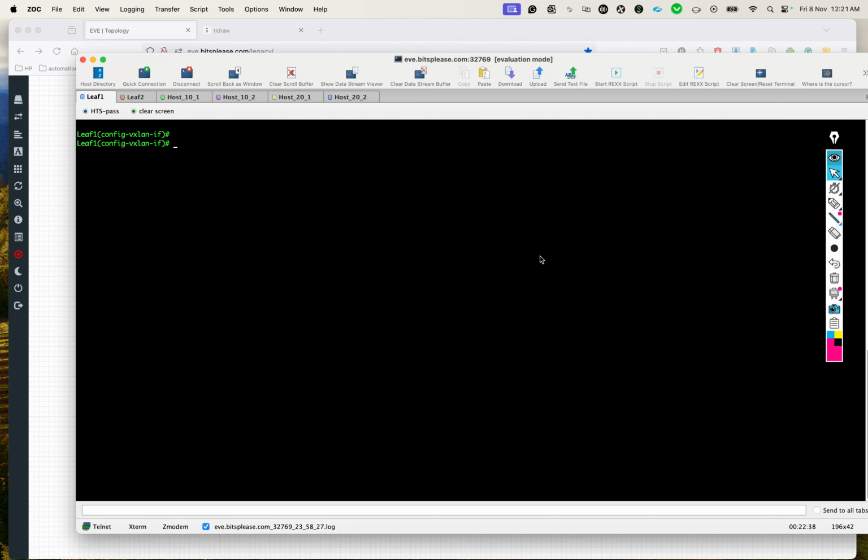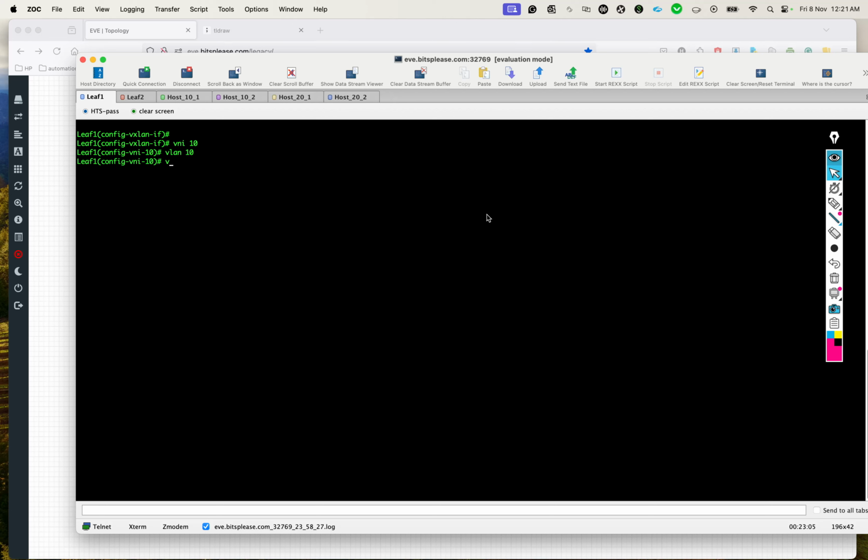Whenever you create a VNI, you need to tag it with the VLAN, right? So what VLAN traffic is going to be mapped to VNI 10? It's going to be VLAN 10, because remember we have put interface 1/1/2 in VLAN 10. So I'm tagging all the traffic in VLAN 10 to be part of VNI 10,